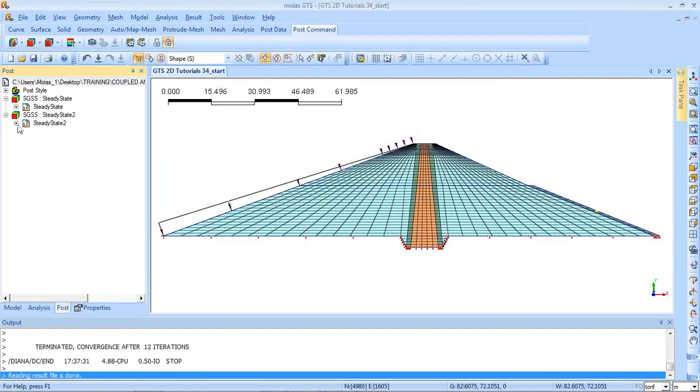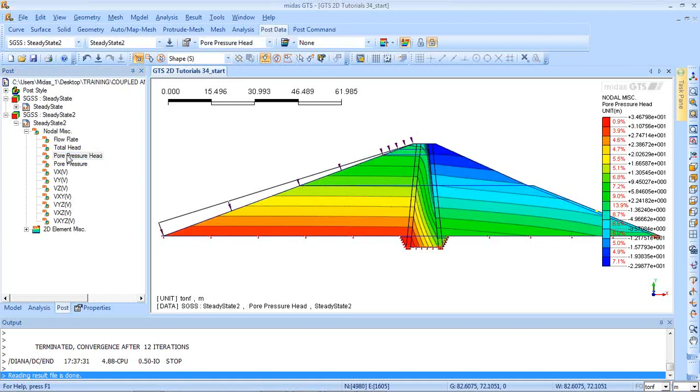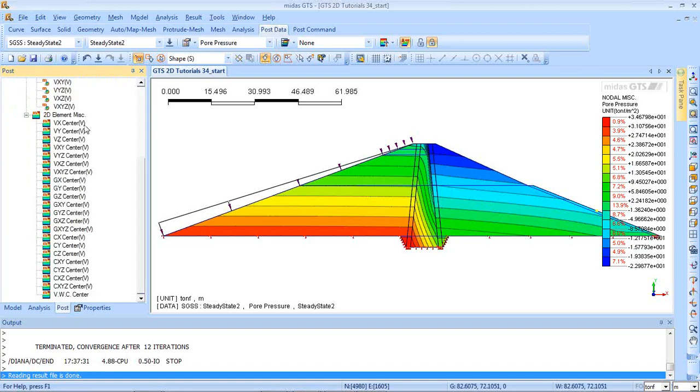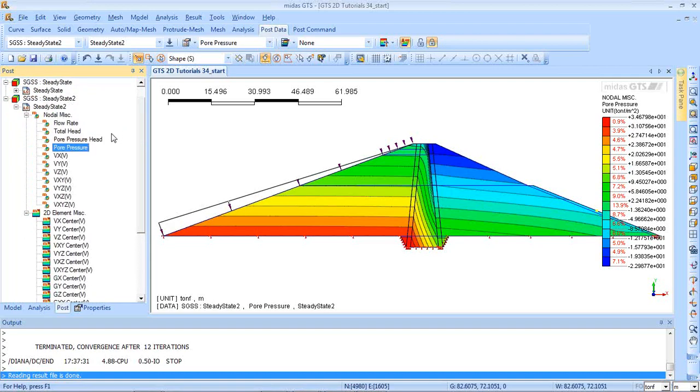So in the post, you can see the results, especially the pore pressure head. So you can see the pore pressure head variation along the embankment, also how the pore pressure is created. And also we have 2D element miscellaneous results like Vx center, Vy center, and else. So basically here I would like to focus on the pore pressure, because we have another question: